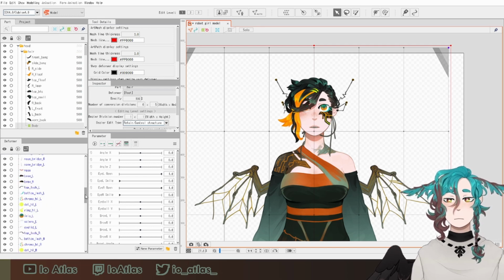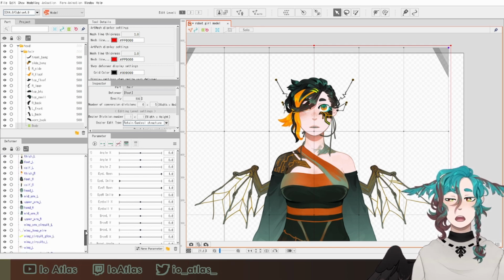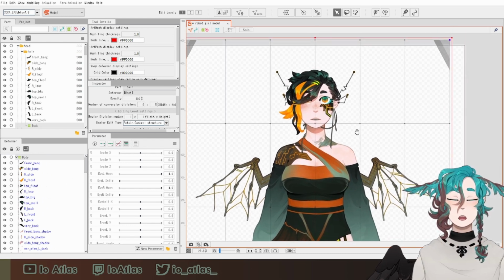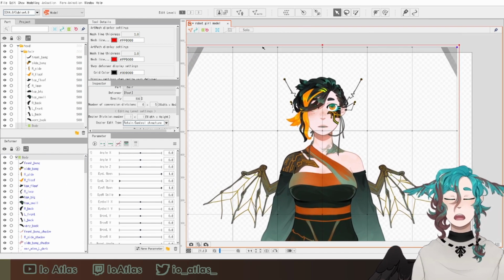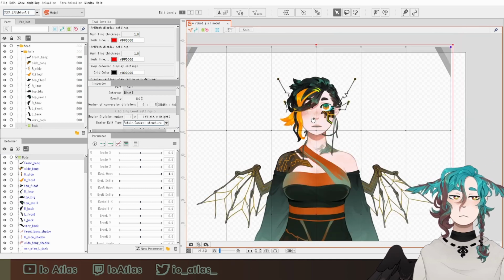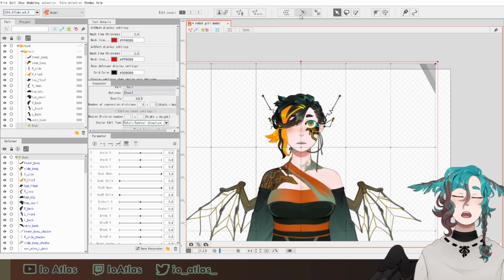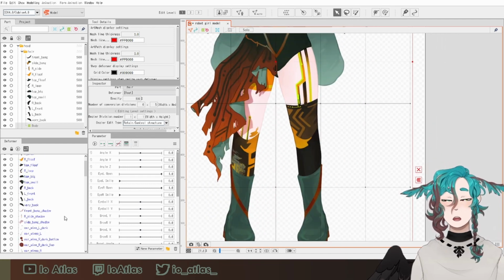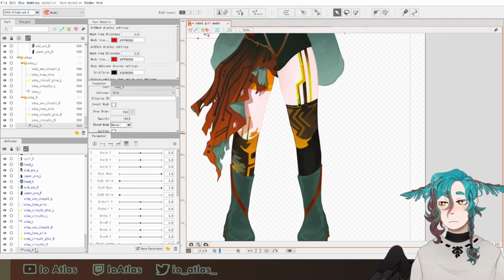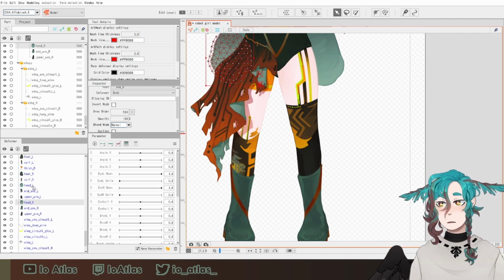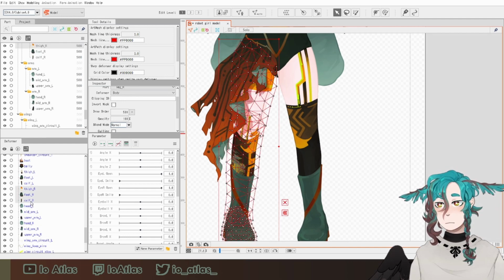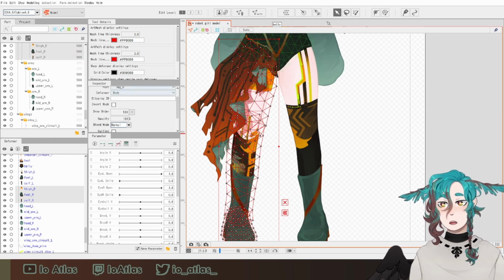So I'm going to probably speed this up here, and I'm going to go through and make some deformers. Something I just noticed I forgot to explain: I went over warp deformers, but before I get into making deformers, I forgot to mention rotation deformers. This is another way of editing things. So if I were to take, say, the legs here, because I will be using a rotation deformer for the legs, I will go ahead and